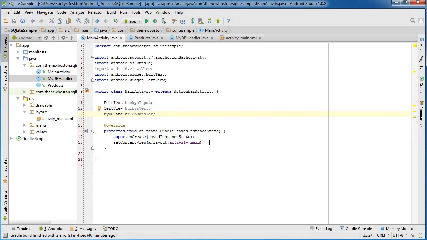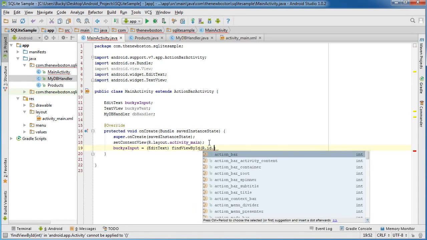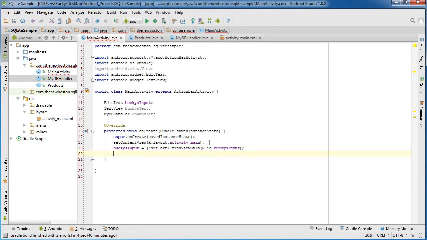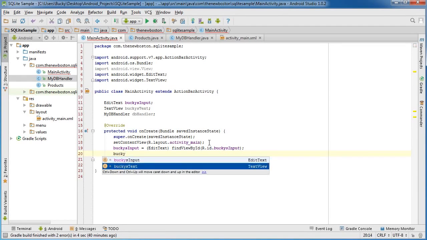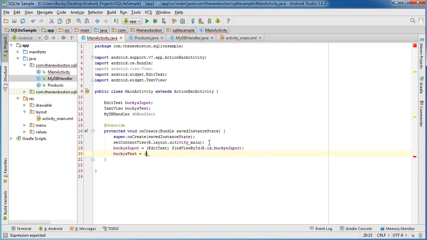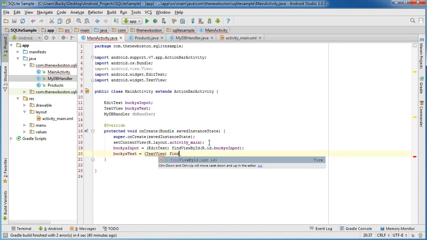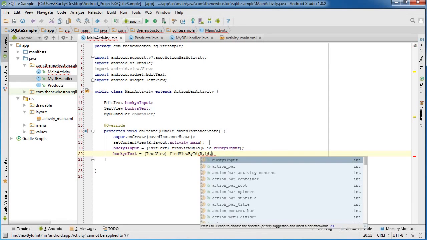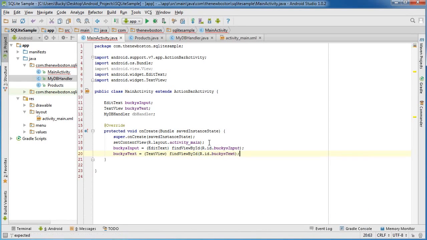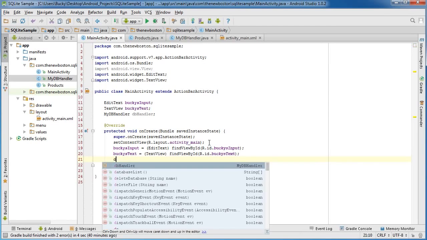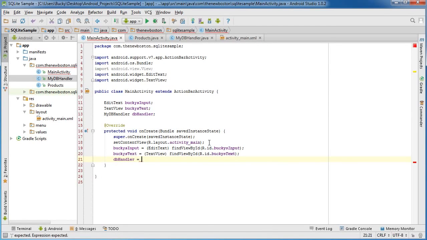Alright, so now let's go ahead and go to on create and do the housekeeping stuff. So Bucky's input, set this equal to edit text, find view by ID, r.id dot Bucky's input, and the same thing with Bucky's text equals text view, find view by ID, r.id dot Bucky's text. Now after this, we need to set our DBhandler object, and of course that's equal to new,